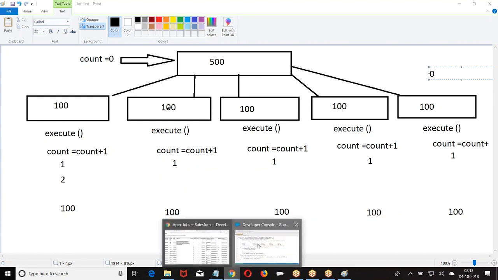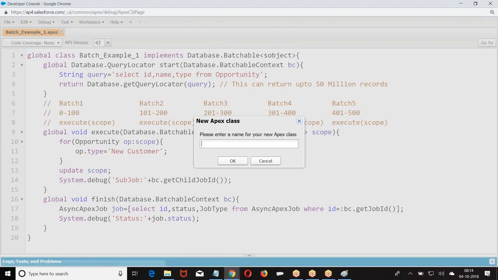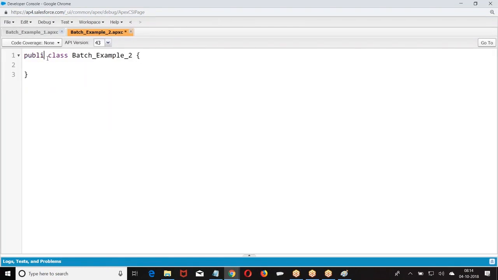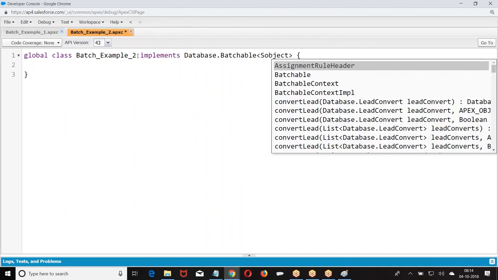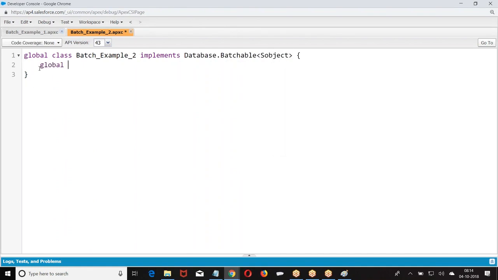Then we are going for I'll take 0. Or else I can take a constructor and give 0 values.